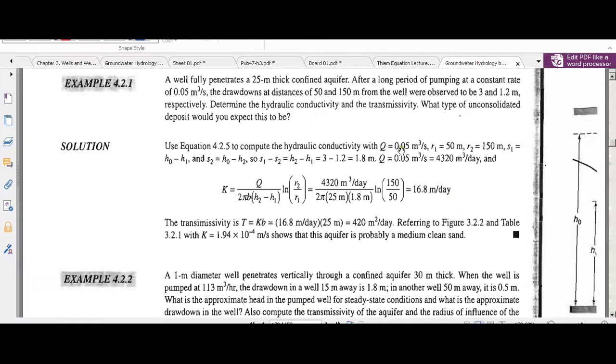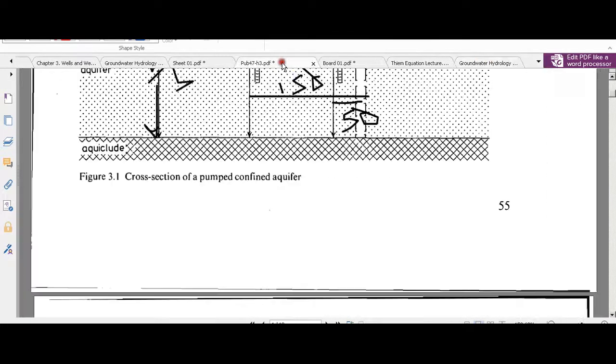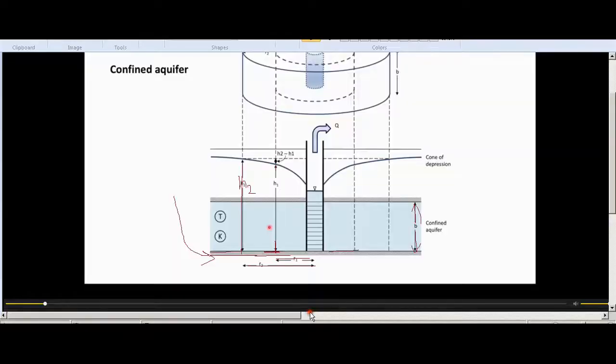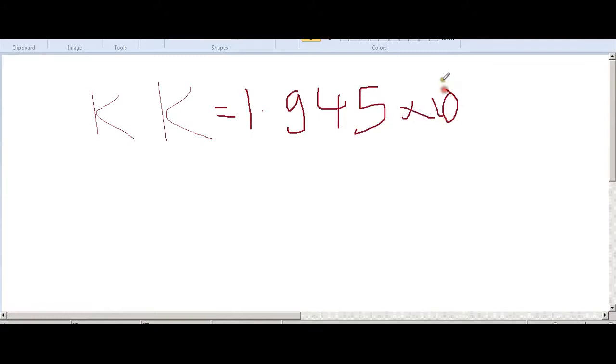16.7 meters per day. Okay, so what is our answer? Our answer is 1.945 divided by 10 to the power 4 meters per second. Okay, we can just consider that like this. So our answer was K equals 1.945 into 10 to the power minus 4